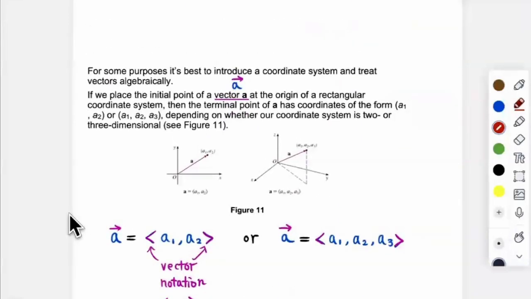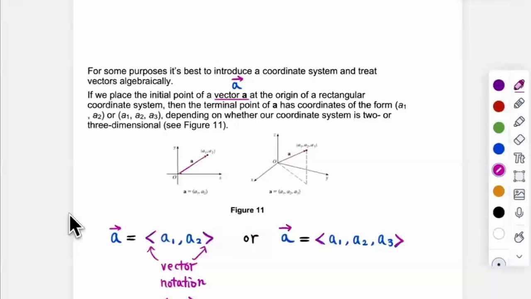Okay, now we're going to talk about components. Components of a vector. Don't be scared. If you can do 2D, you can do 3D. You just need to add one more dimension, right? So don't be too scared about trying new things. Remember, when you have a 2-dimension plane, then a vector will be